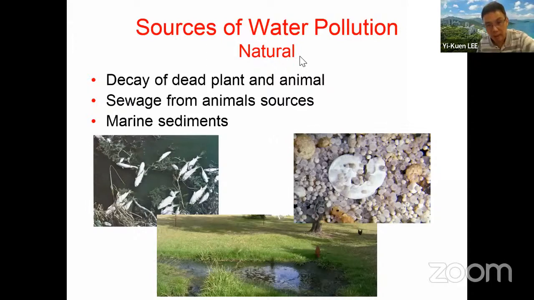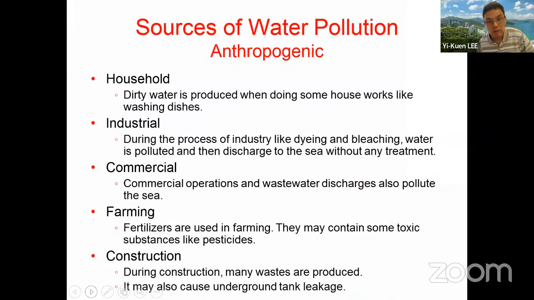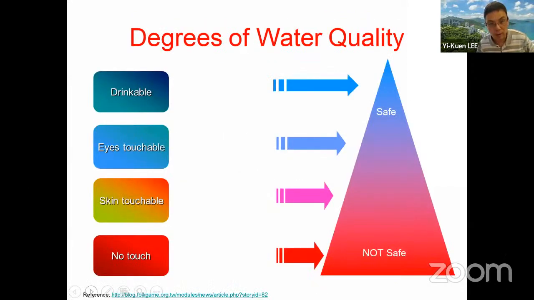On the other hand, we also measure air pollution, right? Water pollution, okay. Again, we have a series of different possible sources of pollution for the water: household, industrial, commercial, farming, and construction. These are not good. Once you have this kind of pollution, it produces issues about water quality, right? In water engineering, they define what kind of quality, from drinkable water,